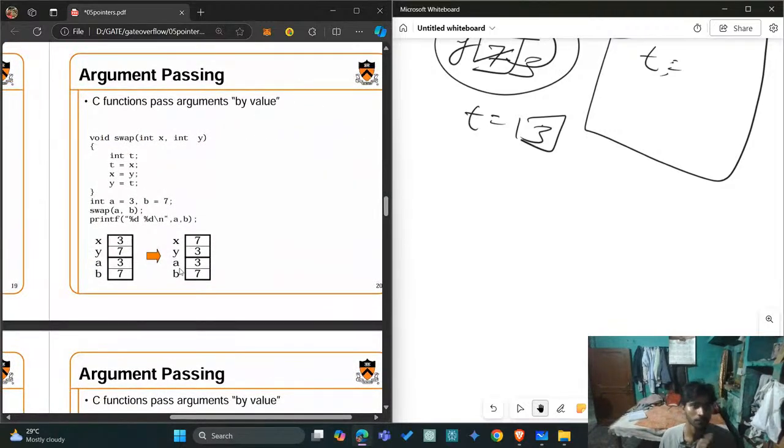This is the final result of the swap function. The memory locations where a and b were pointing are left unchanged, while the memory locations of x and y change, and when the function returns, the stack,